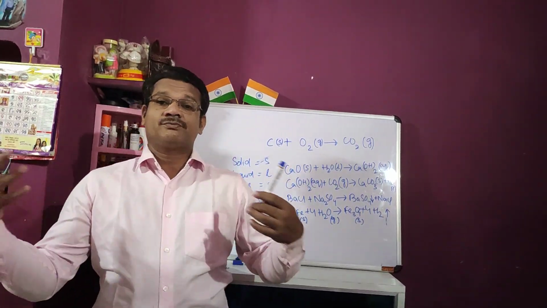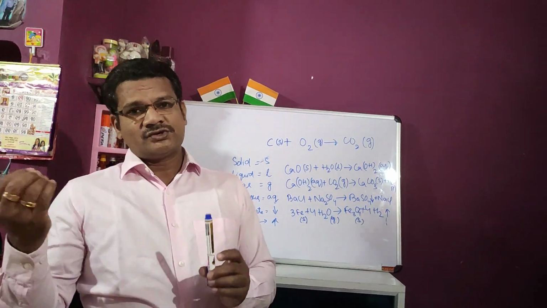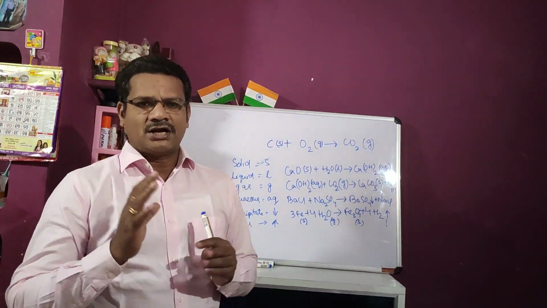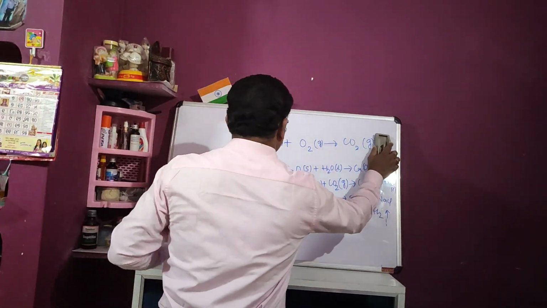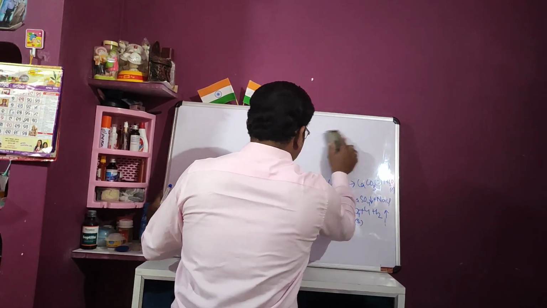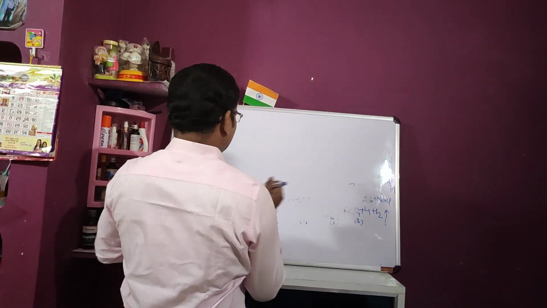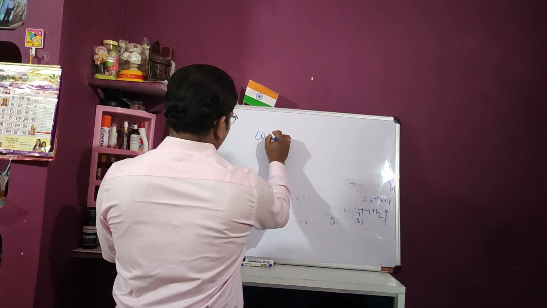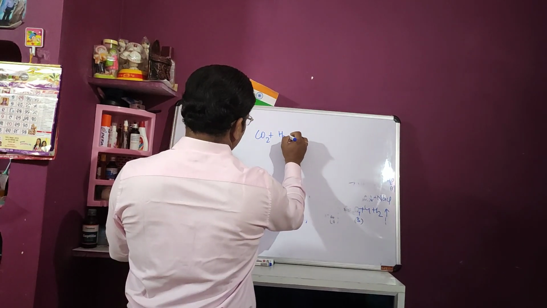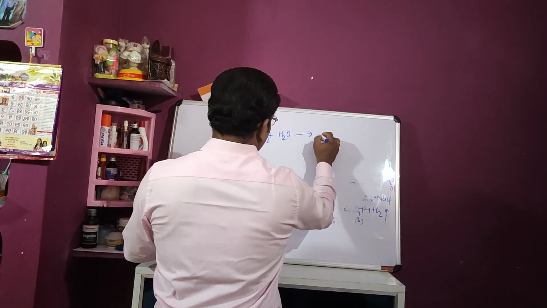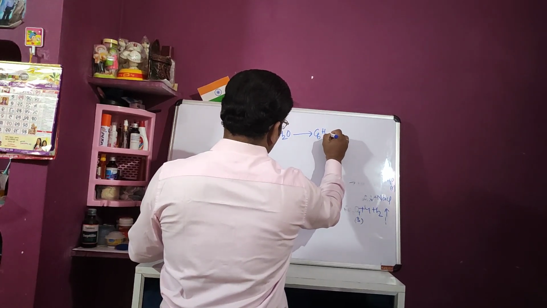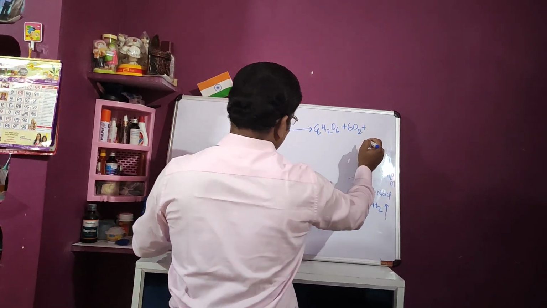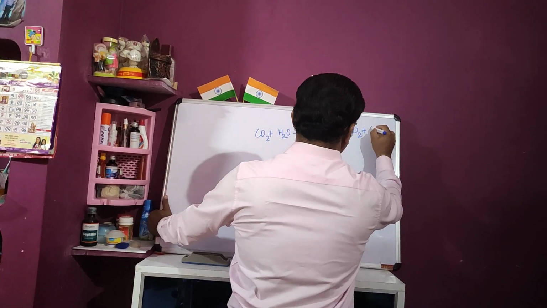What more information can also be mentioned in a chemical equation? We can also mention the condition under which the chemical reaction is taking place. Condition means what? Suppose let's take the example of photosynthesis. Carbon dioxide from the atmosphere, water and minerals from soil give C6H12O6 plus 6O2 plus energy, 6H2O.